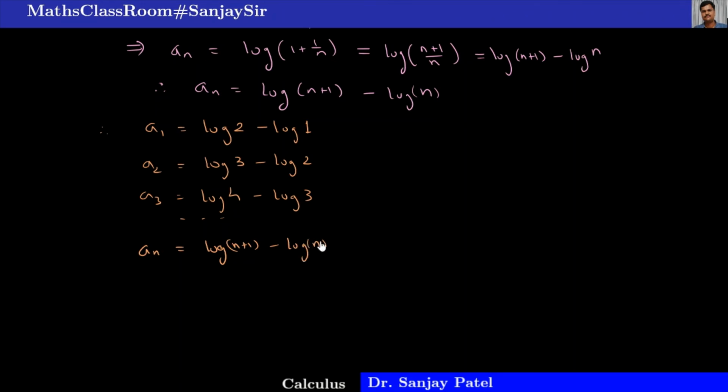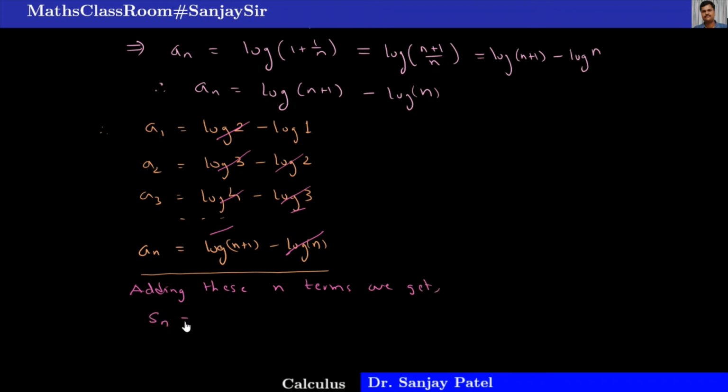Now adding all these terms, we see in the right hand side this log 2 and this log 2 will be cancelled, this term and this term will be cancelled, like that. So finally here this log n and this previous term will be cancelled. So adding these n terms, we get